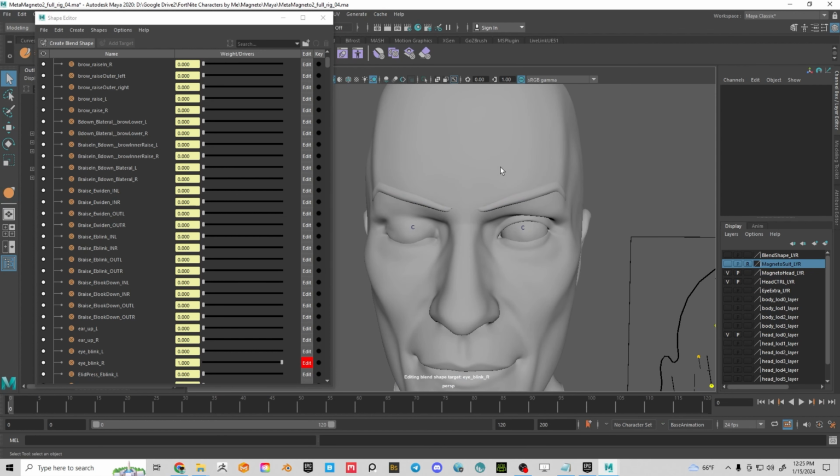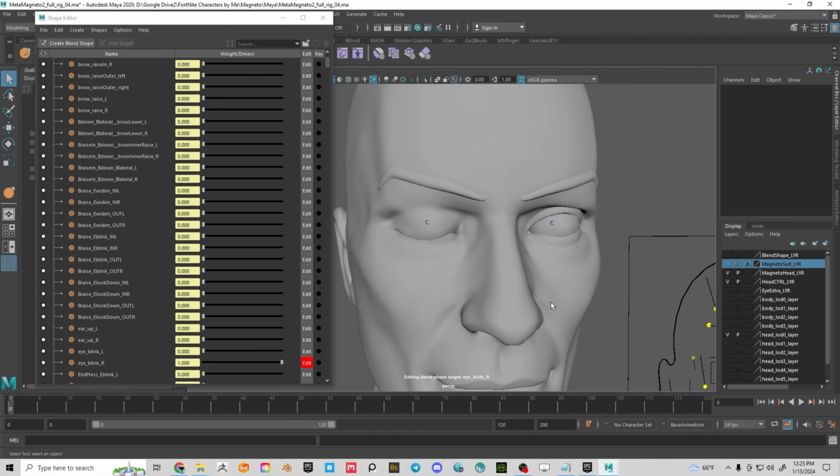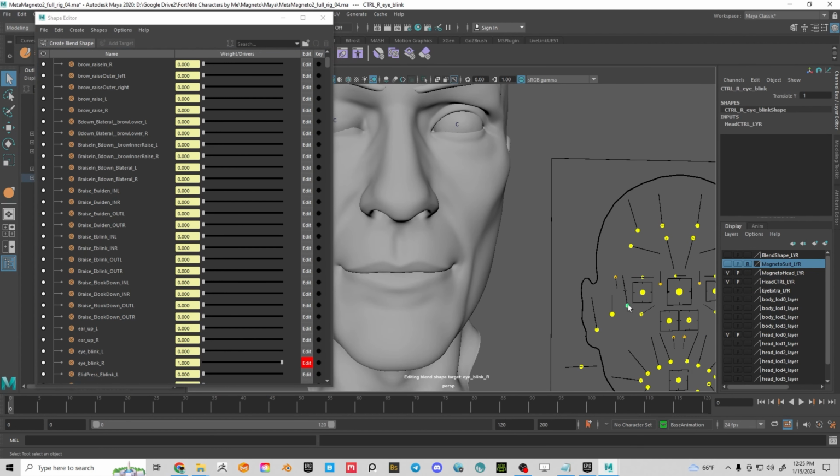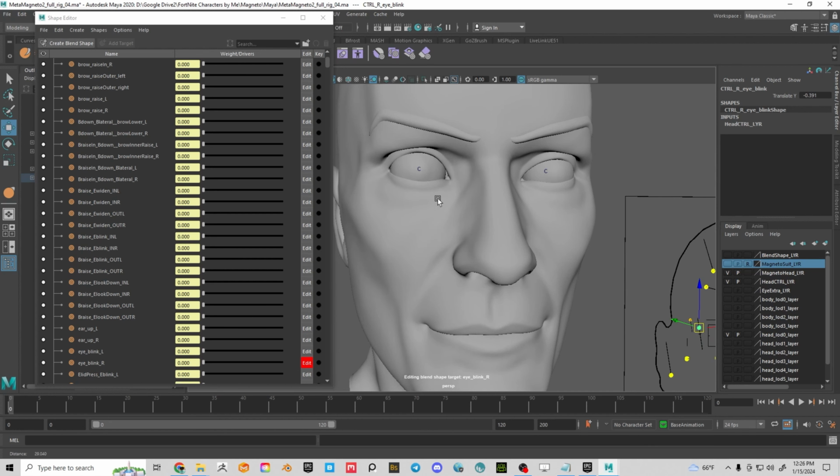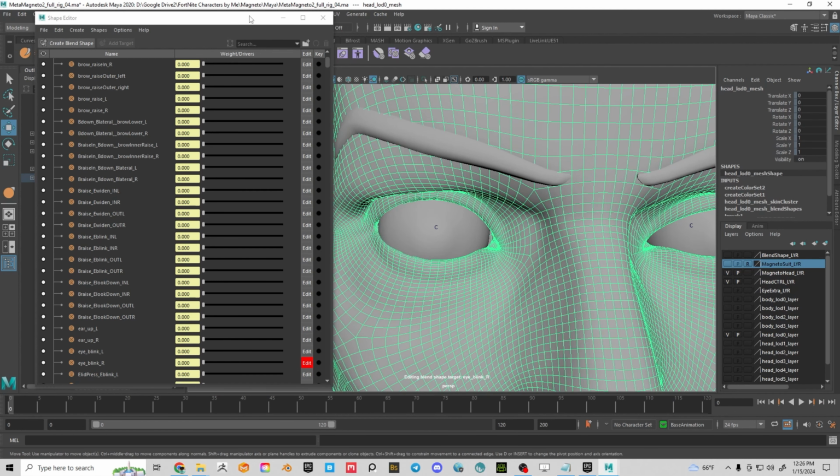Another thing, I've had Maya crash on me running this sculpt operation with my edit blend shapes on. So something I recommend is just to save often. And I'm going to save a new version in just a second, but I can't slide that. I guess the only way I can drive it is here. So let's get to right around there. Oh, and we can see some interpenetration, which I need to fix right here too. But I'm going to open it all the way for now, and I'm going to grab this mesh,